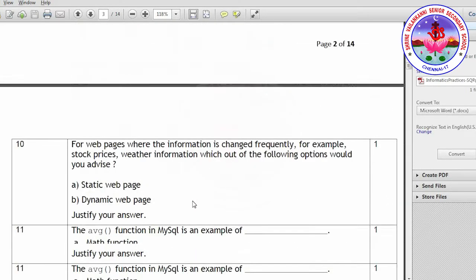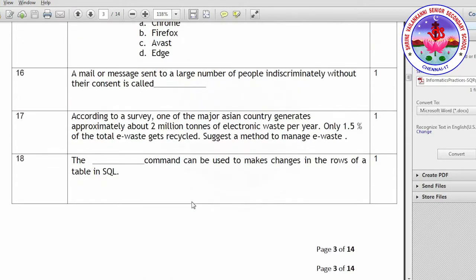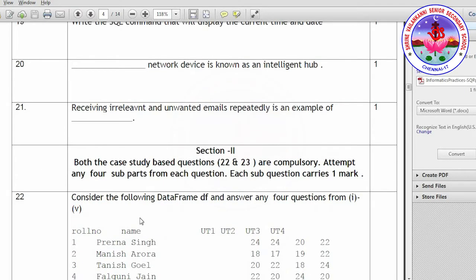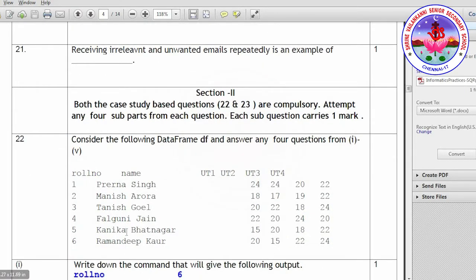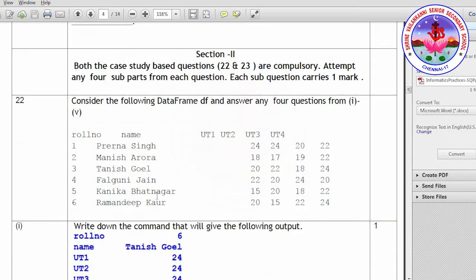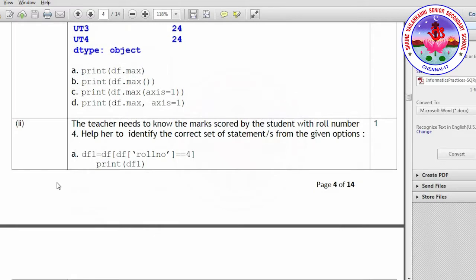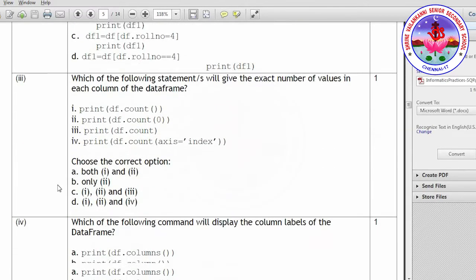Next, in section 2, we have question number 22 and 23. These are case study based questions, and both are compulsory. Under each, you have subdivisions. You have 5 questions, and among these 5, you have to write any 4.